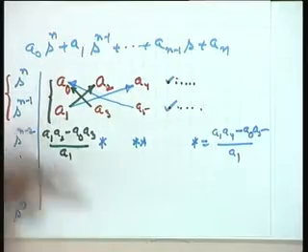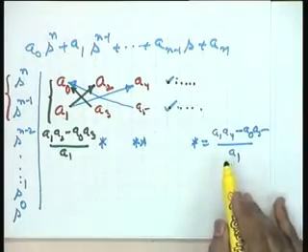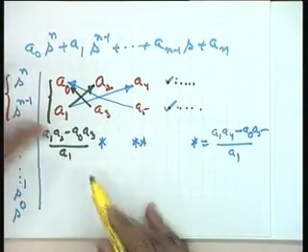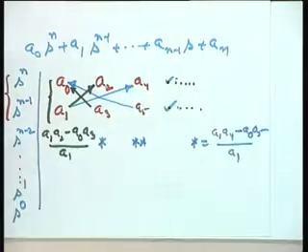I am sure when I take up the examples this will become more clear, but you just set the rule in your mind. This way I have constructed the next row, the s to the power of n minus 2 row, I call it. Now go to the next one. The next row after this, the procedure is the same.